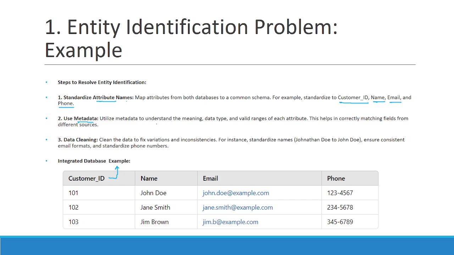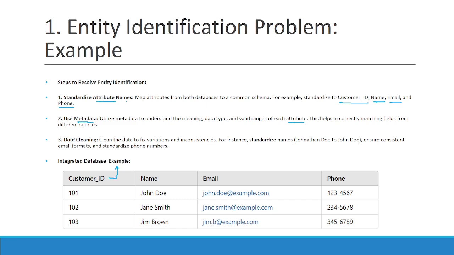So utilize that metadata to understand the meaning, data type and valid ranges of each attribute, and this will help you correctly match fields from different sources. Okay, once you have proper information about that particular column, you will be confident enough to merge them. Okay, and then the third